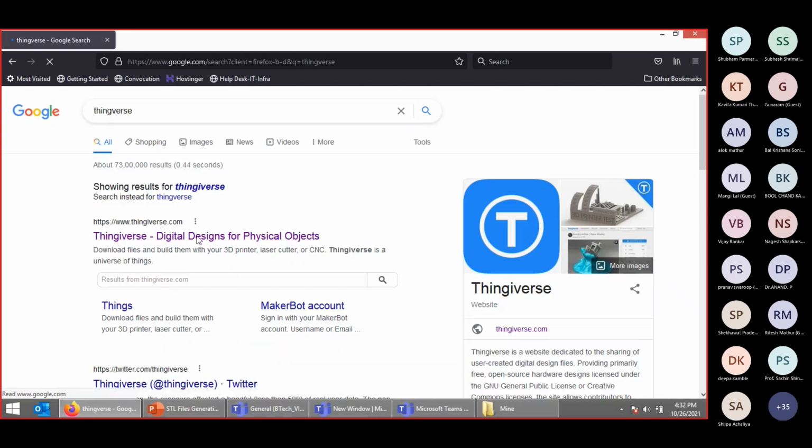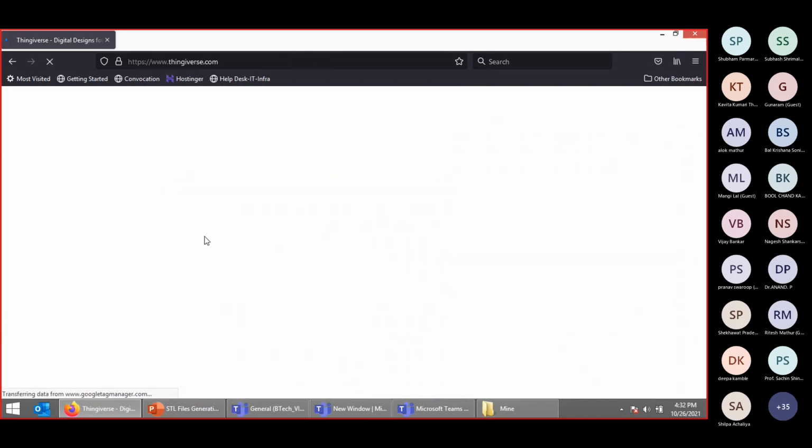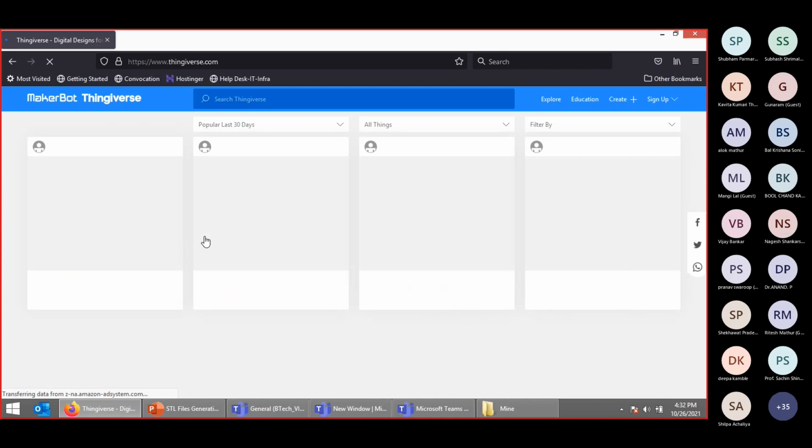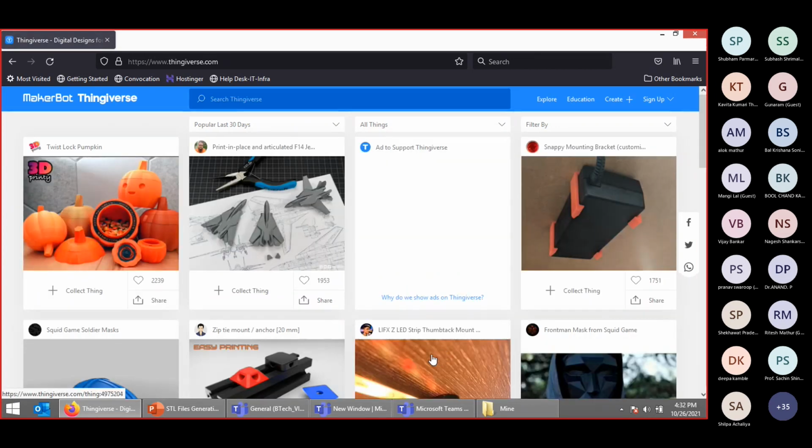Give me a minute. Okay, digital files are there, so you can search here. It is very easy, you can get that part here. Like these 3D shapes, if you want to draw, you can just click here.